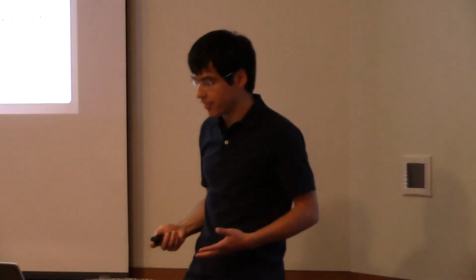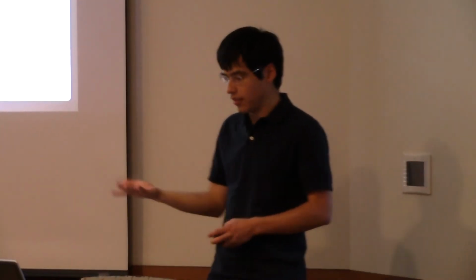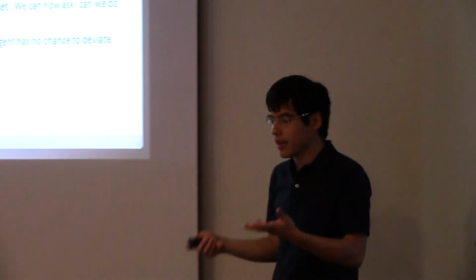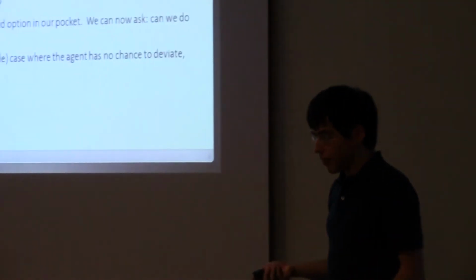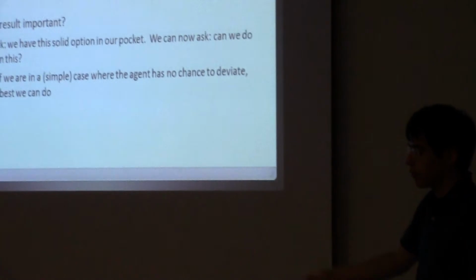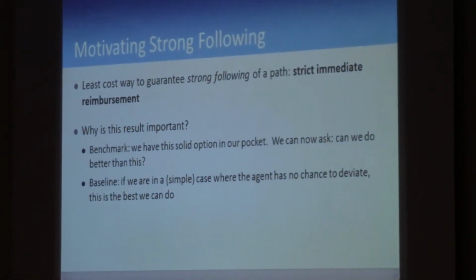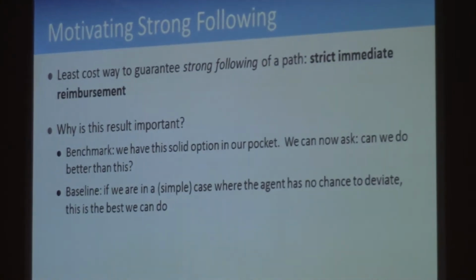That's not the most interesting, of course, because we can already do that in our normal planning problems. It doesn't really take into account present bias. But it's important because as a benchmark, we can say, can we do better than this? The next section is going to be saying, we can actually do better than this in a lot of cases, if we don't insist on the agent always planning on doing the right thing.